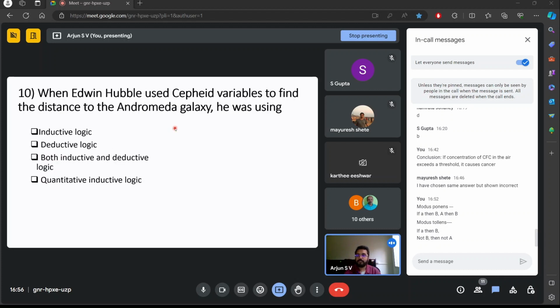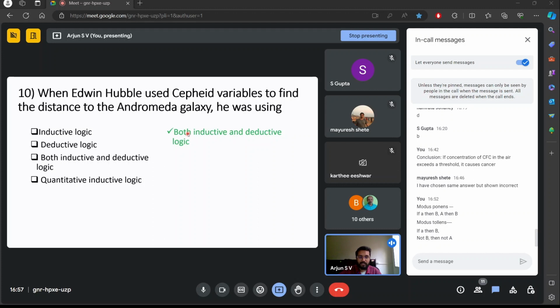And in the last question, when Edwin Hubble used Cepheid variables to find the distance to the Andromeda galaxy, he was using... So, even in the last week, I told people that I have some discrepancy, saying that the answer could be either inductive logic or both inductive and deductive logic. But apparently, in NPTEL, the answer ended up being both inductive and deductive logic, because